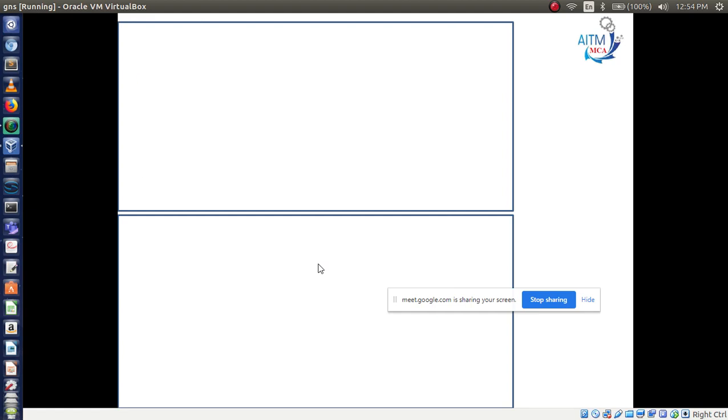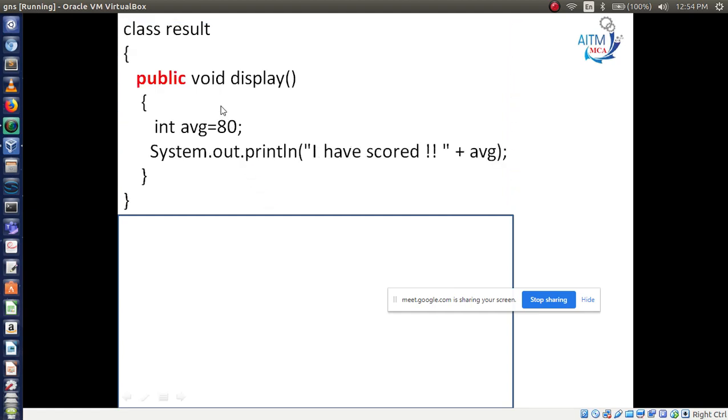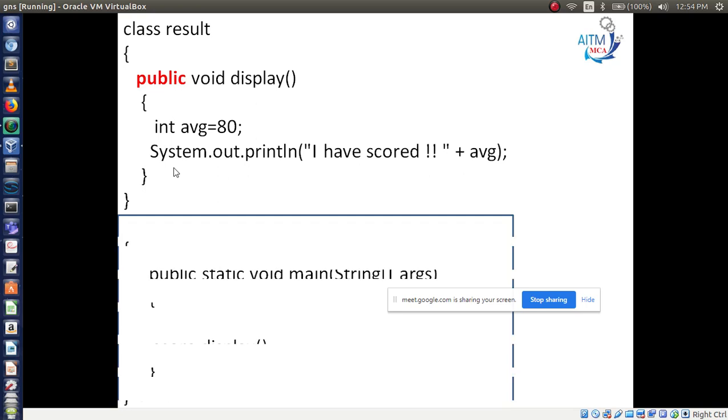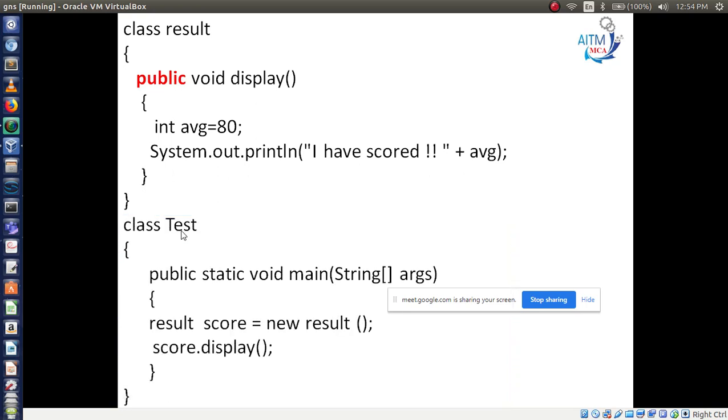Let's see. Here I have two classes. One is class Result, open bracket and close bracket. Another class is Test, right? In the Result class I am using one method. Display is a method, which we have declared as public.